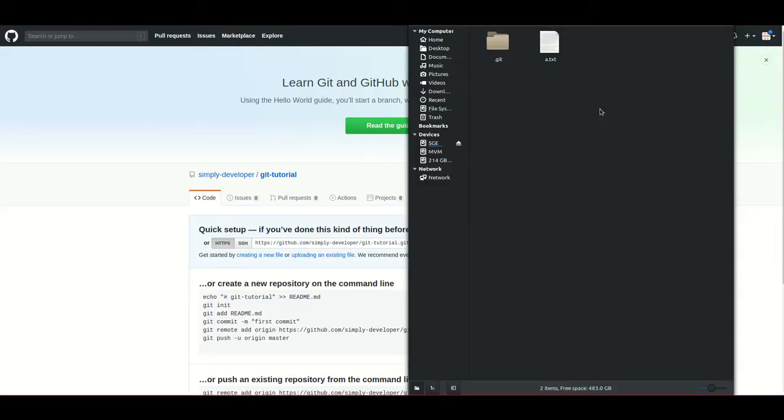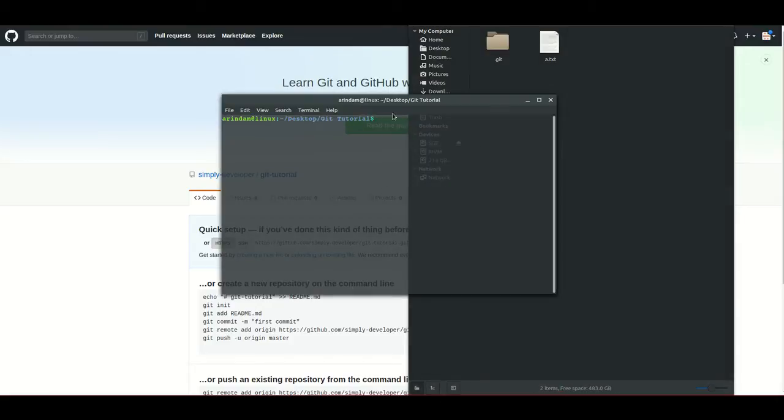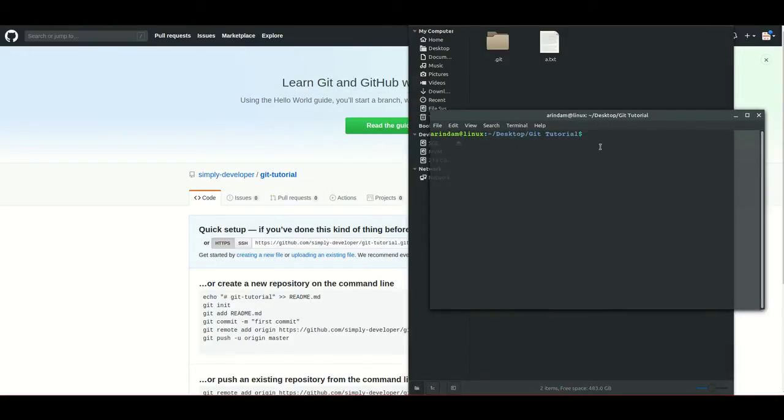So first we open our terminal. This is our terminal. I am using Linux, and I suggest you please use Linux, because Linux is very developer friendly. We are learning Git with CLI commands.